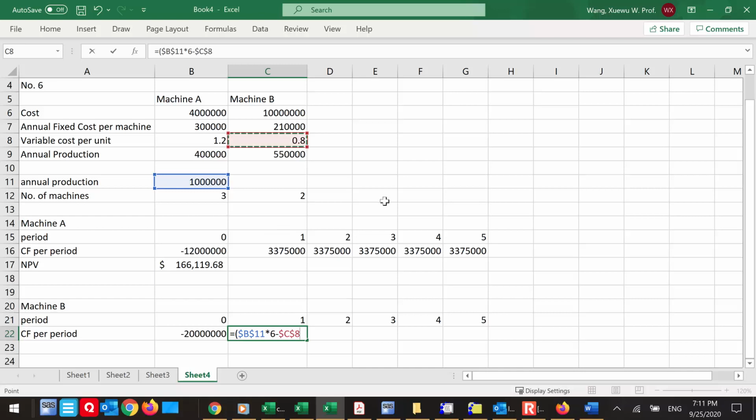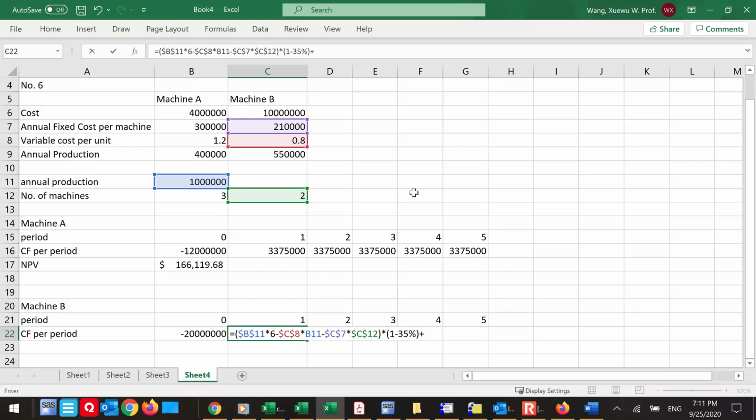Okay, and you're actually producing 1 million units. All right, and then you need to take out the fixed cost. So this is the fixed cost per machine, and you actually need to have 2 of them. Okay, so that's going to be your revenue minus the cost, and now I pay tax of 35%,